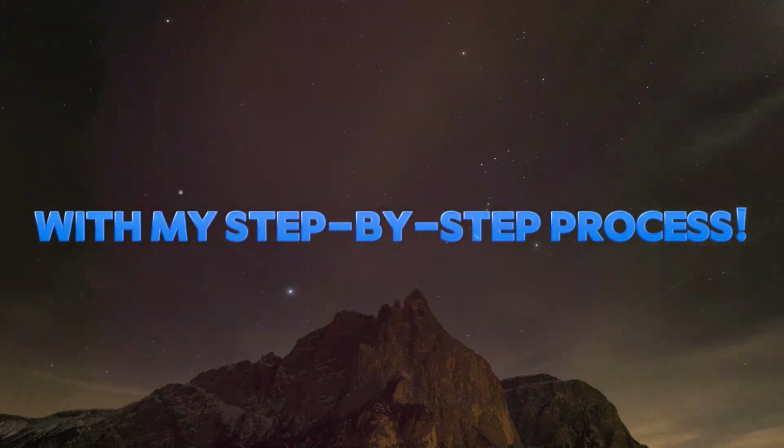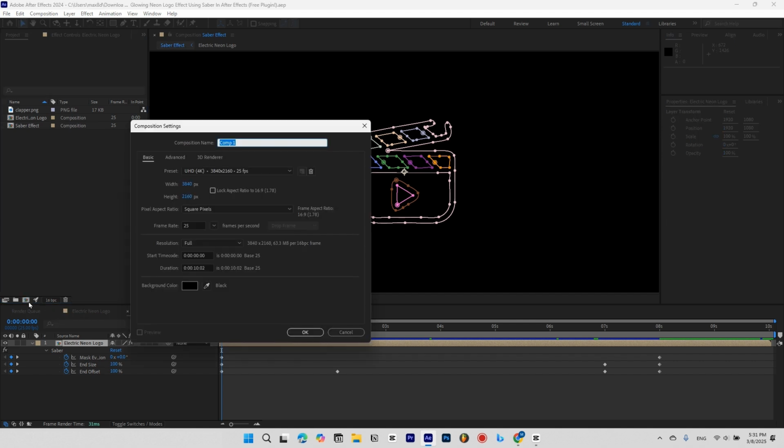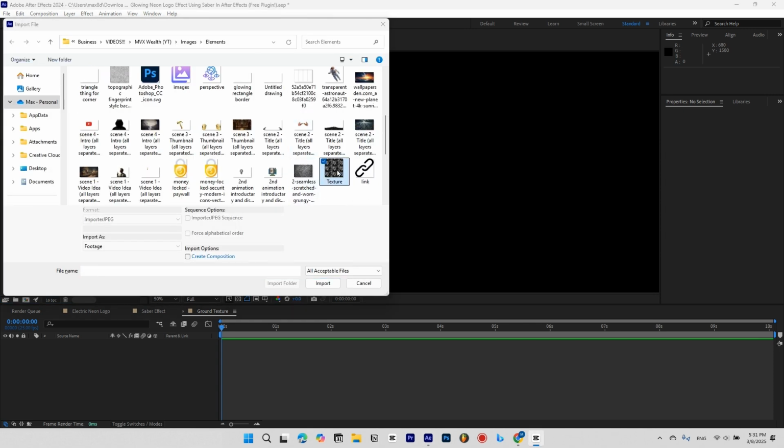my step-by-step process. So, let's start with making the ground layer by going back to our project section, creating a new composition by clicking this icon here, rename it to ground texture, and hit OK. Now, select the project section again, hit Ctrl I on your keyboard, and select the ground texture you want to